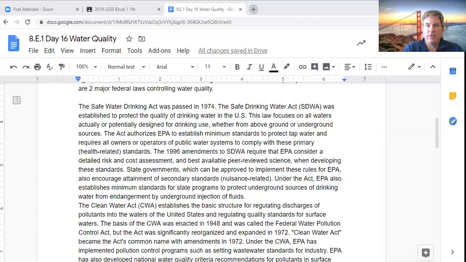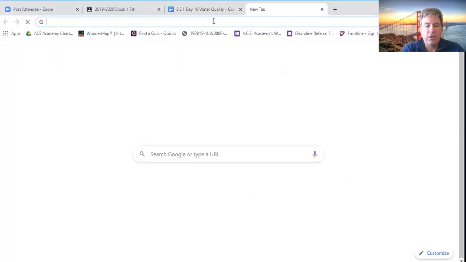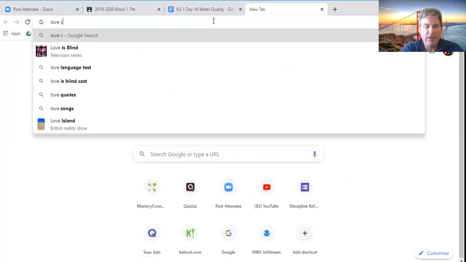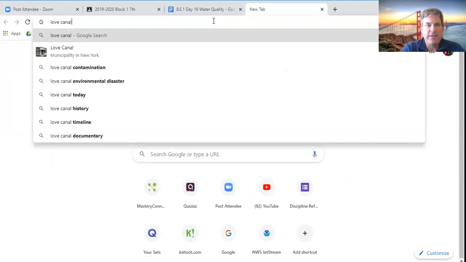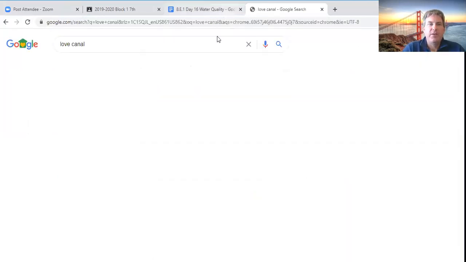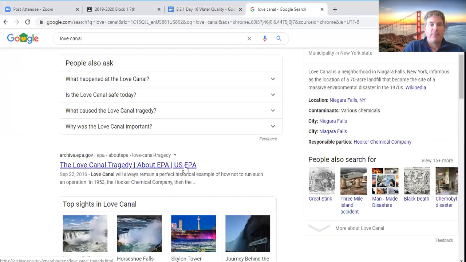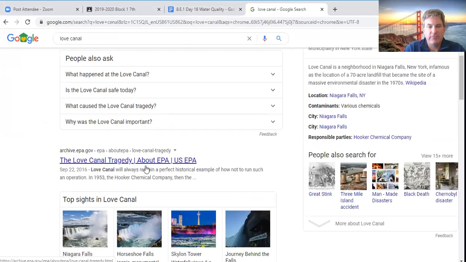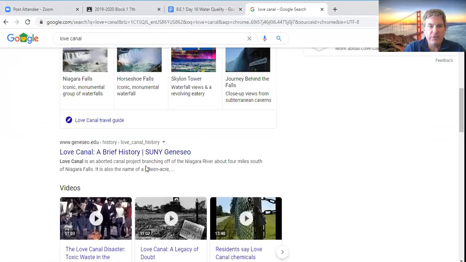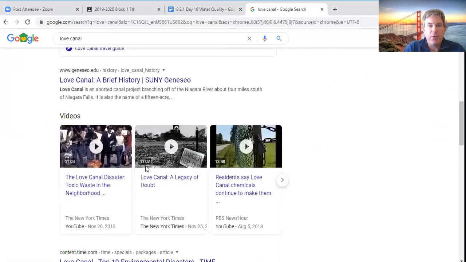If you go and Google Love Canal, you're like, wow, Love Canal? That sounds like a neat place. When you Google the word Love Canal, it's like, oh, Love Canal, Wikipedia. Why would Love Canal? And then you look at that neighborhood, Niagara Falls, New York, infamous location of a 70-acre landfill that became the site of a massive environmental disaster. Love Canal tragedy. Second entry. Love Canal, a brief history. So anyway,